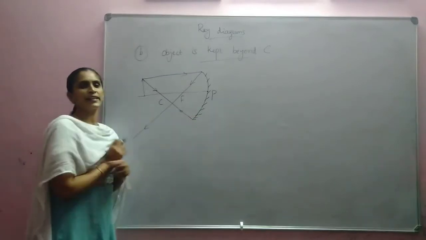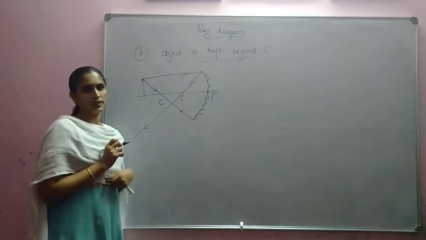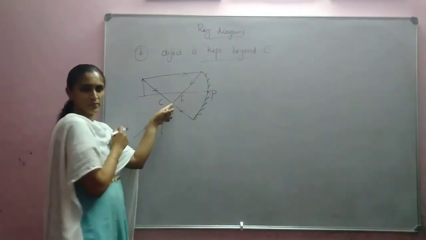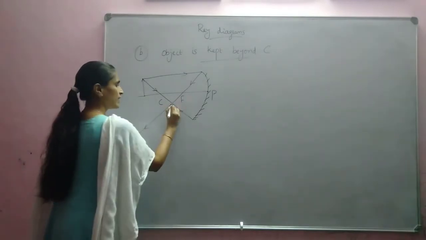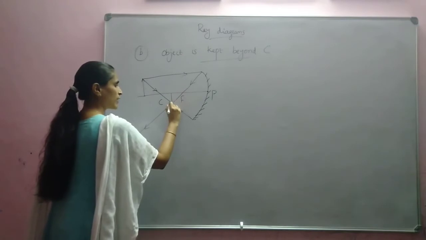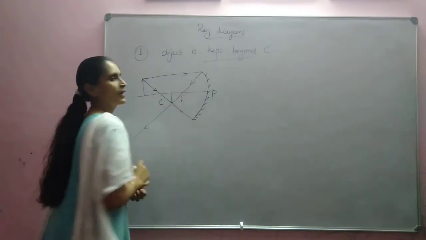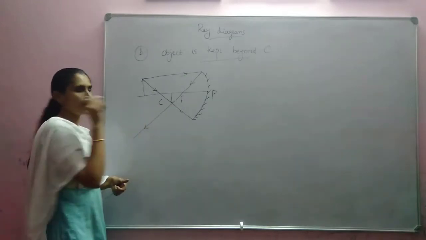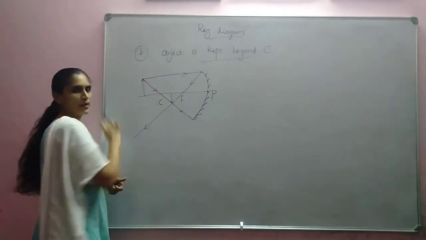Why is it retracing the path? Because it is the case of normal incidence. So this is the position where these 2 reflected rays are meeting. So we can say that here the image is formed. The image formed will be inverted, real. Why is it real? Because the reflected rays are actually meeting, and the size is smaller in comparison with the object.